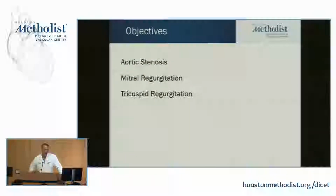Mitral regurgitation has become a more complex lesion that we treat, primarily because all MR is not equal. We now dichotomize the disease into what's functional, i.e. related to a dilated annulus and heart failure, primarily, which because the medicines work so well, we're a little hesitant to treat those people surgically or percutaneously these days outside of a clinical trial, versus degenerative MR, and we'll go